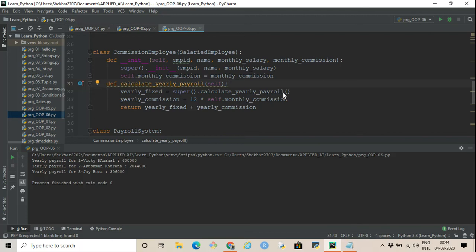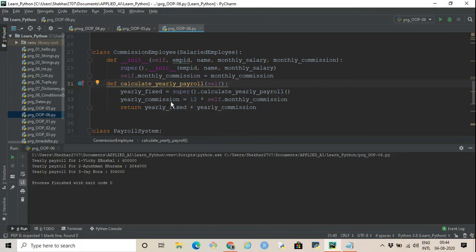This will return the payroll of this employee based on the monthly salary. So that will be a fixed payroll, yearly fixed payroll. And yearly commission is 12 into monthly commission. And if we add the two, we'll get the yearly fixed plus yearly commission. We get the yearly payroll of this commissioned employee.